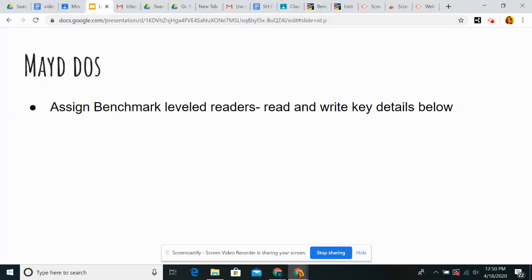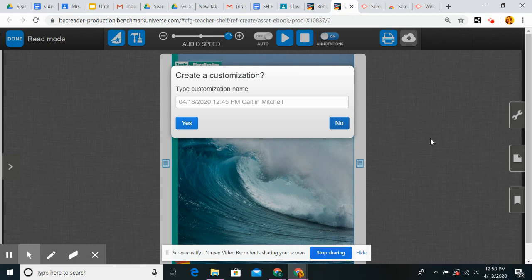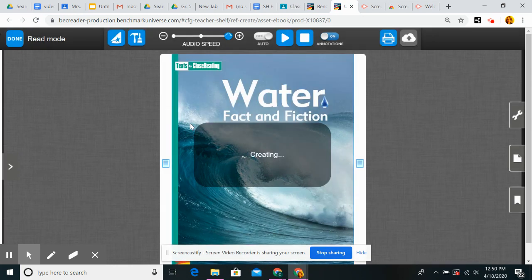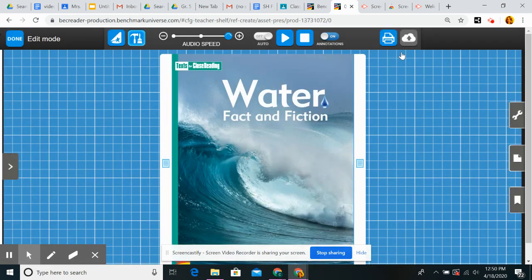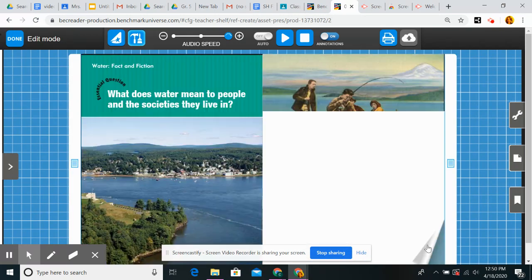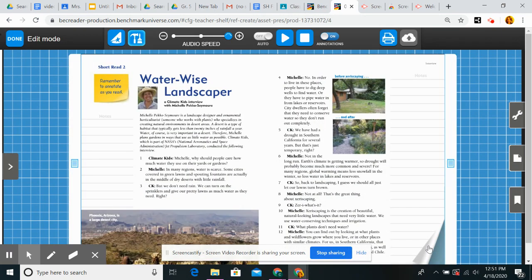Okay, so I'm going to jump in here and I'm going to bring up your Unit 8 reader. And I'm going to have you notice that it says create a customization and it'll come up with a date and a time. You want to hit yes to this customization because if you don't, then it will not save your work. So I'm going to hit yes, and you'll notice that it goes into edit mode. Edit mode is the only way that your changes will be saved if you are highlighting key details. So I'm going to fast forward to the story that we're reading, and